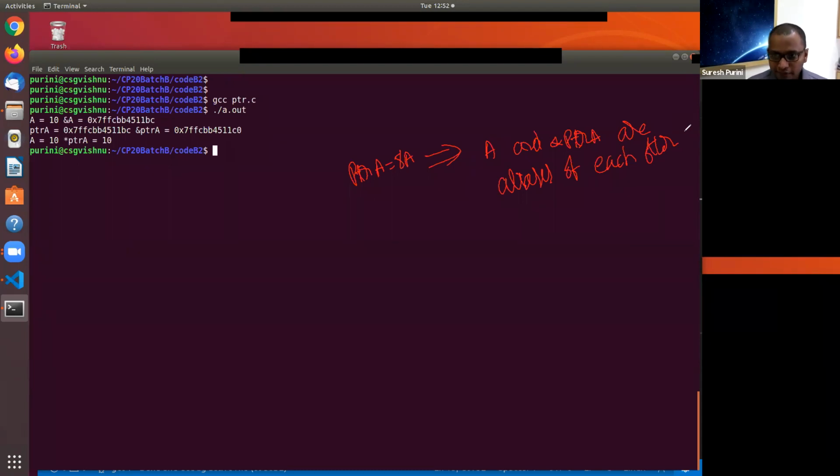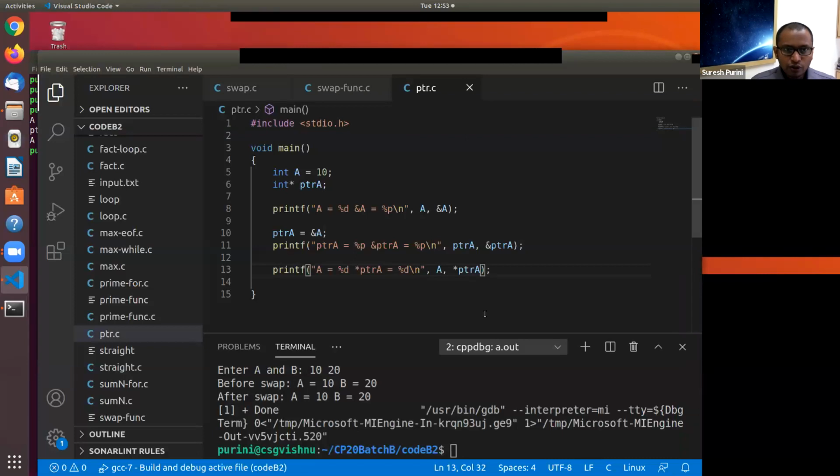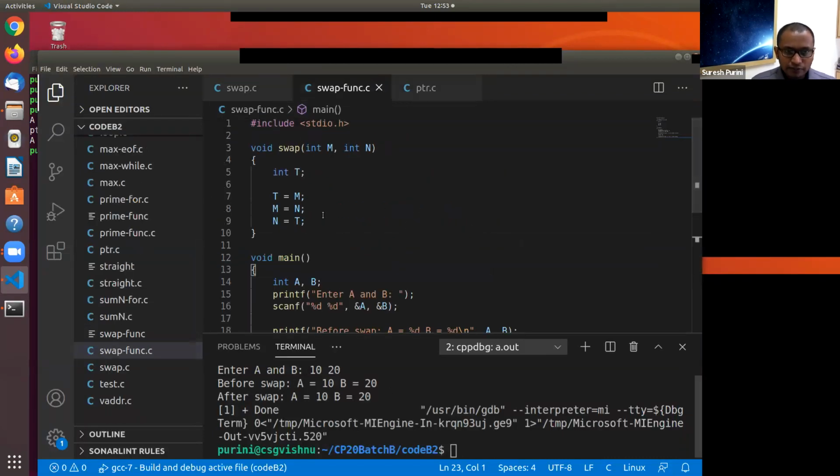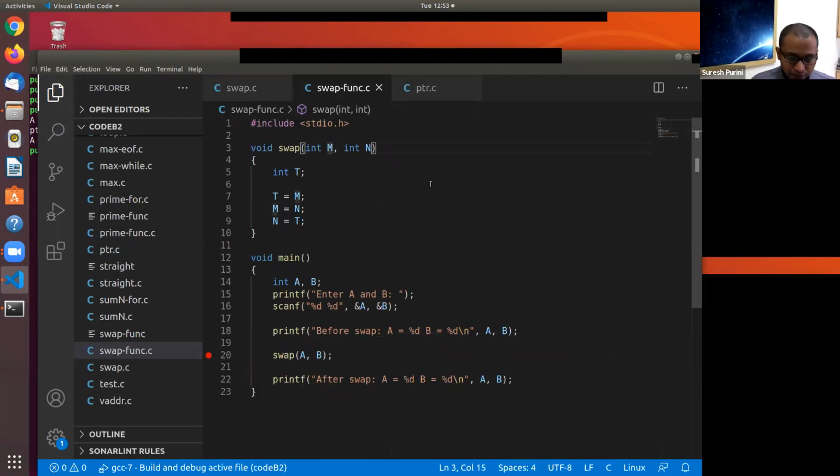Are you good so far? Does this all make sense to you? Doing all right? Okay. So now if you're all doing all right, then let's get going. We would like to modify the swap function. So this is what we do. So we do int star.